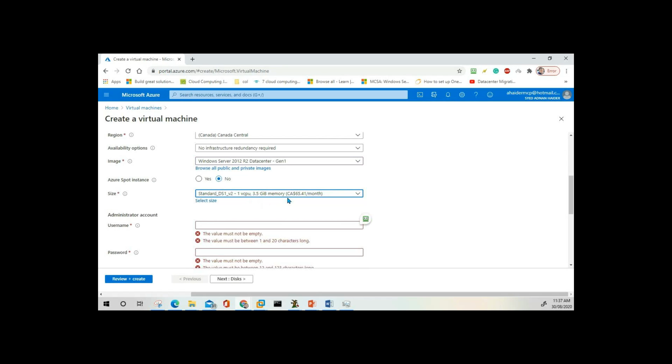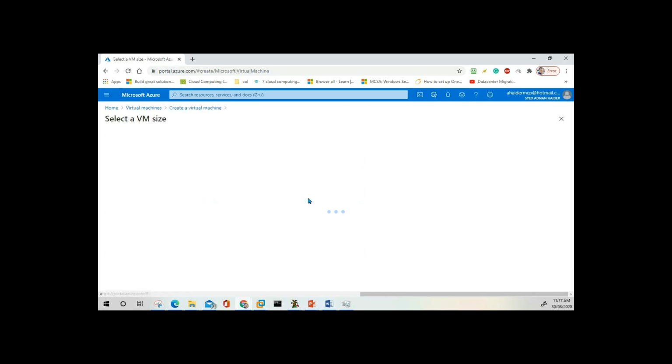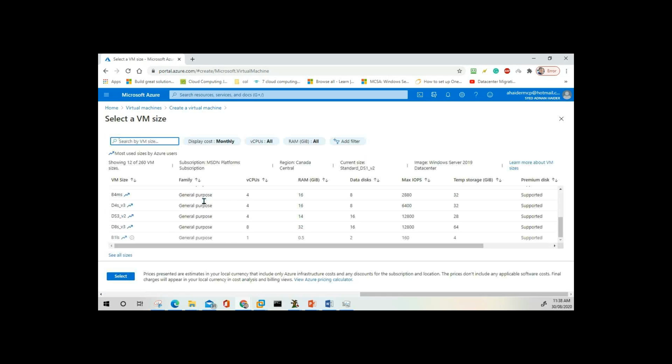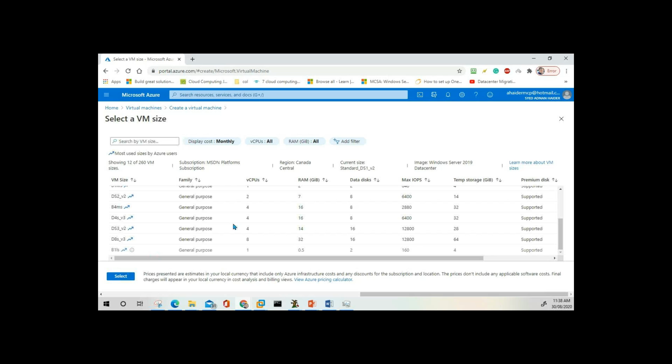So there are different types of VM sizes. Let's go into the sizes and look at this. There are general purpose VMs. Then there are special purpose VMs as well. So if I go to see all sizes,